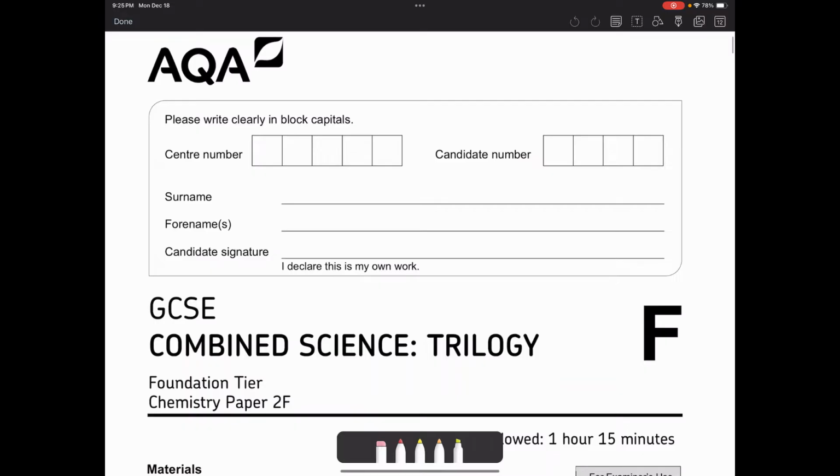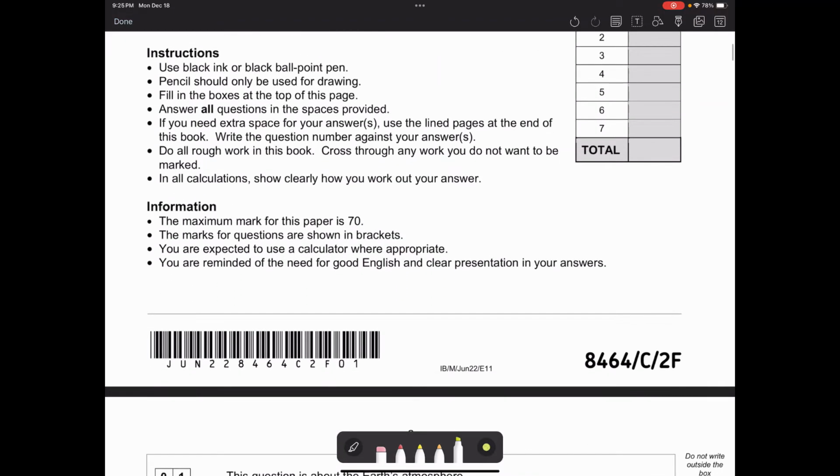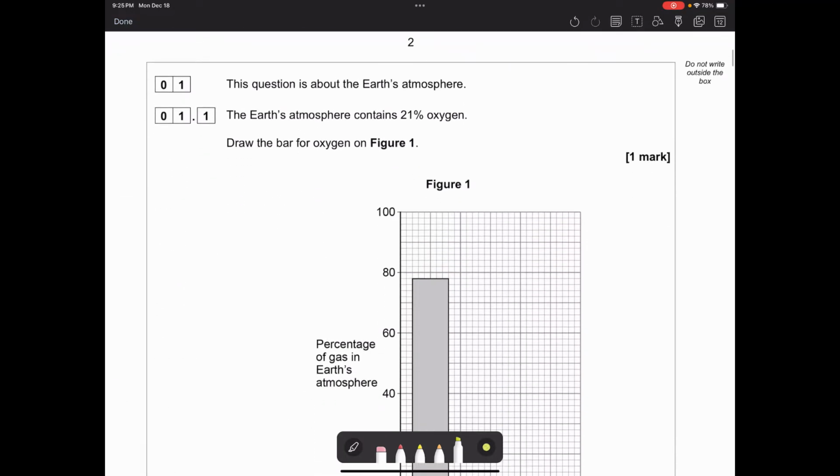Hello everyone, so this is going to be a GCSE Combined Science Trilogy past paper walkthrough. This is Chemistry Paper 2, Foundation Tier, that was sat in June 22. Okay, so I'm going to model it as I would have tackled this paper,